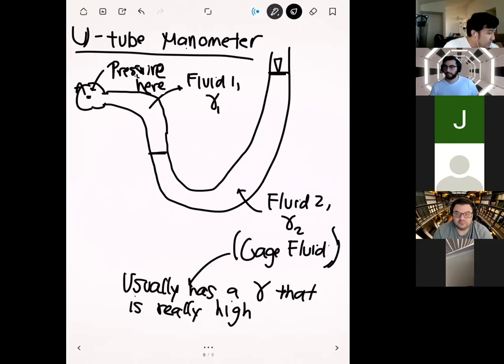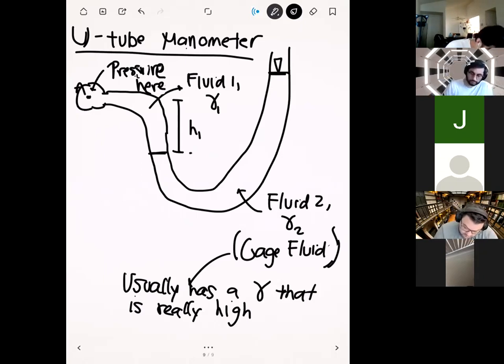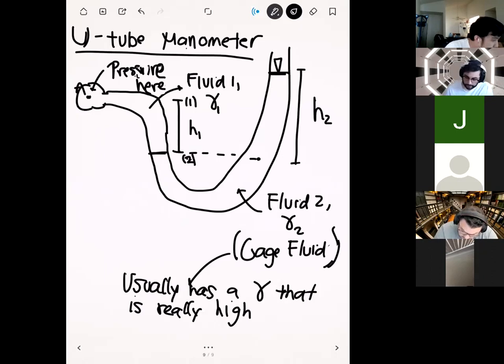Okay. So let's actually compute the pressures here. So remember, we're interested in the pressure at point A. So let's put in some heights here. Okay, so let's say that we know this height, this is H1, okay? And then if we go to basically the same height here, then we know H2 right here, okay? And let's label these points. So let's call the first point, point 1, and we'll call this one point 2, we'll call this point 3, and we'll call this point 4 right here.